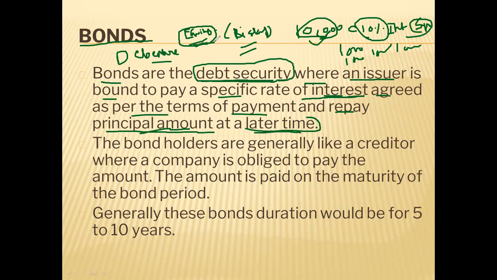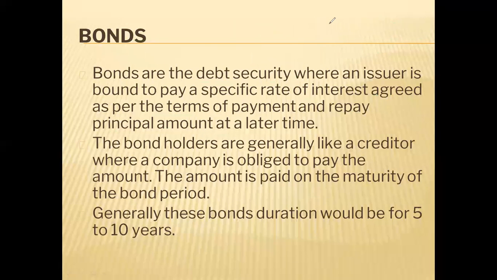So two types of investment are there: equity-oriented instruments and debt-oriented instruments. The difference between the two is that debt securities are less risky because they pay regular interest and repayment of the amount will also be there. But in equity, there is no regular income you can guarantee, and there is no repayment of the amount invested. But the rate of return will obviously be higher in equity. So this is the difference between debt instruments and equity instruments.